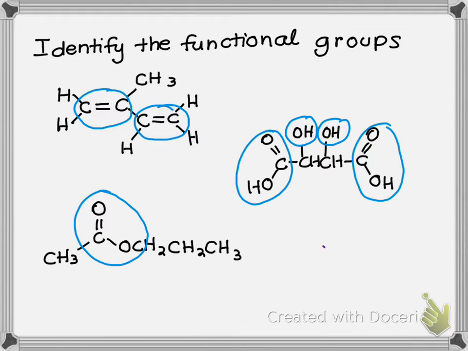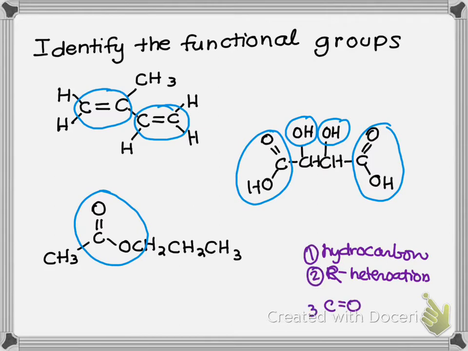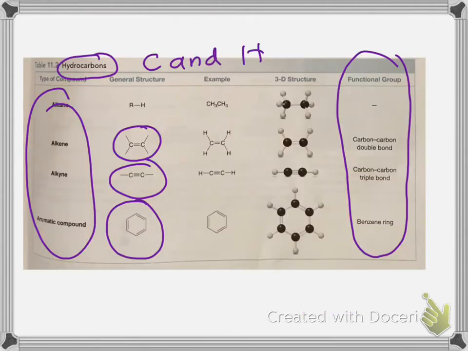We have a hydrocarbon, that's one table. We have a carbon to a heteroatom, single bond, which really is just R, and a C double bond O. So those are the 3 tables that we have. So this first example, which I'll just call A, I only have carbons and hydrogens, and I circled here double bonds. So coming here,